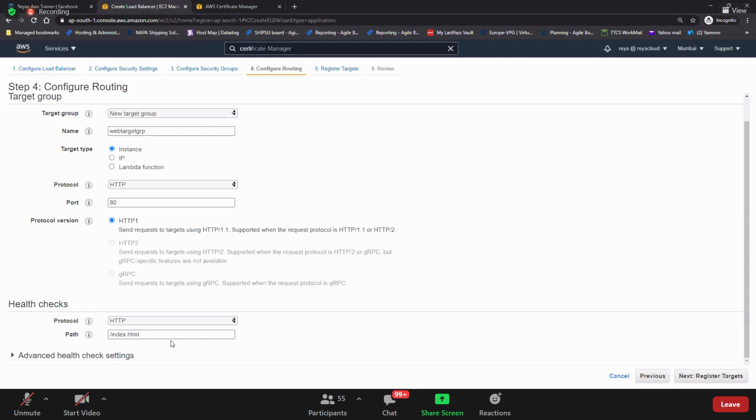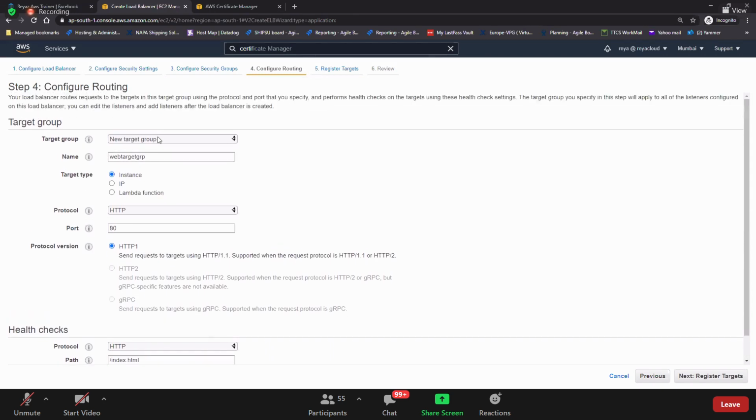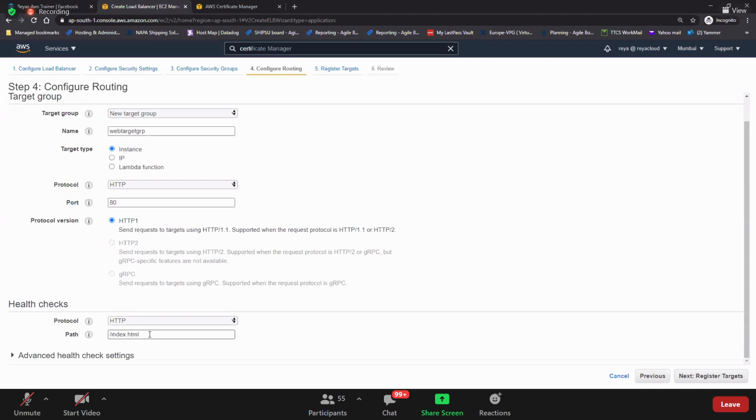So simply you can create a default page or some small page and give it for the health checks, not your actual application. Got this, guys? It should be /index.html. Is this clear? You're creating a target group, just give the name and put the instances here, HTTP 80, and then /index.html.